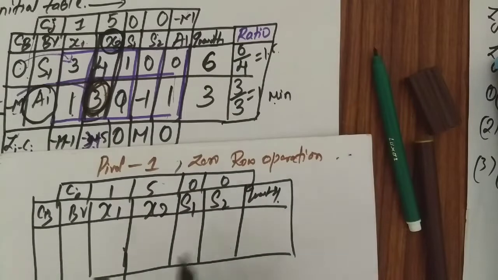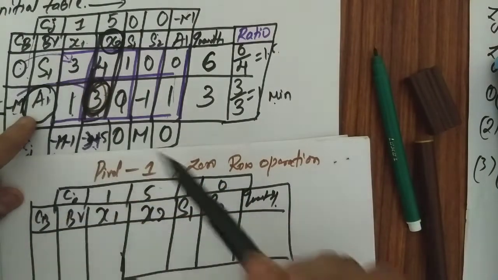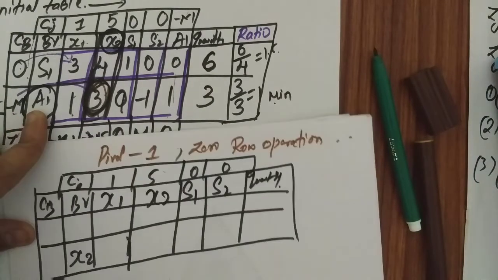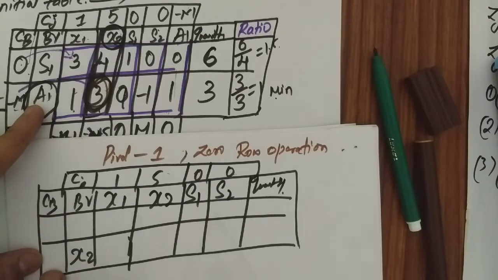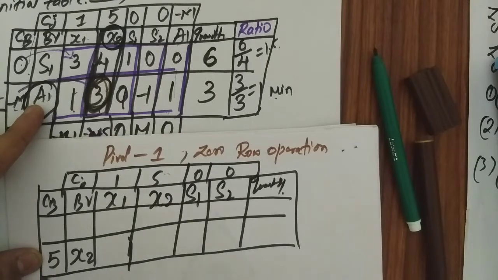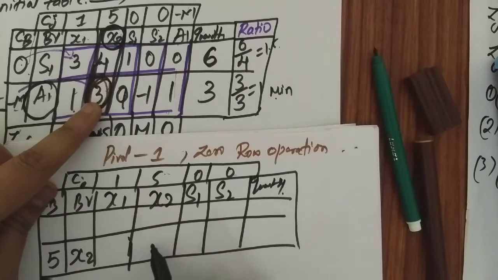So here is the second table where I have just entered the notations and the objective functions. Let us come to the BV column. x2 is going to enter at the A1 position. So out of this row 2, instead of A1, I am going to write x2. x2's coefficient has to be entered here. What is the x2 coefficient? It is 5. This is done.